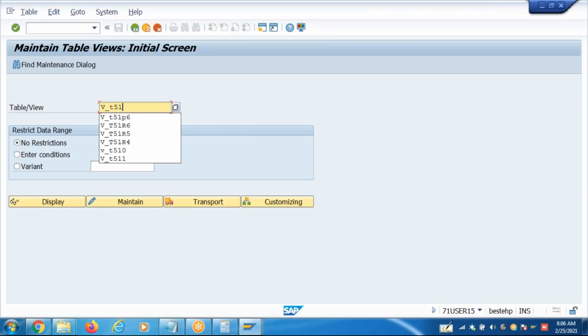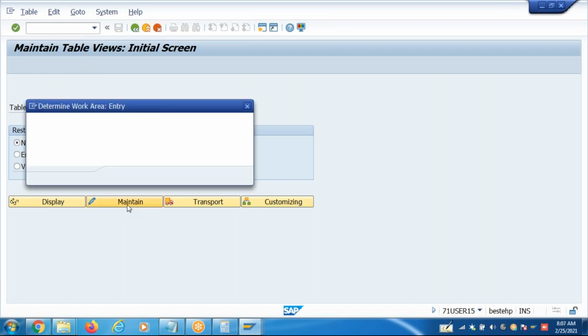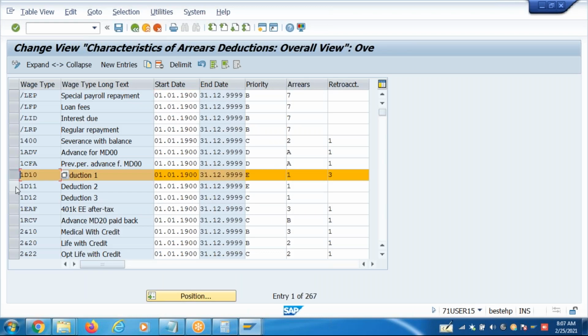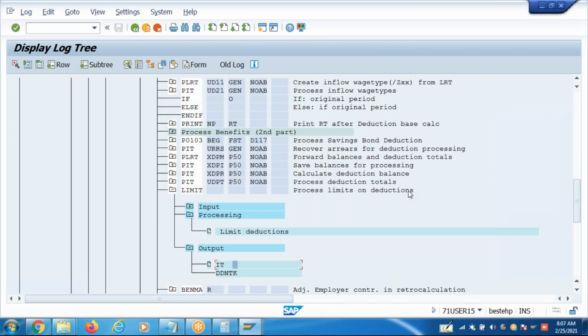V_T51P6. See, we are applying advance. If the gross amount is not enough, we are applying the advance. I don't want to apply the advance in the next month. I want to deduct whatever is possible and recover the rest in the subsequent month. So what should we do?